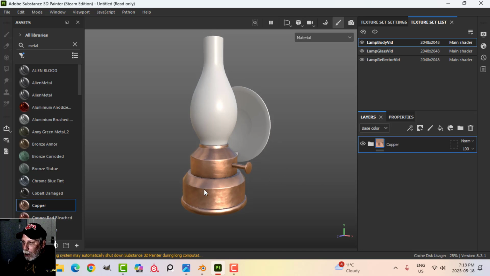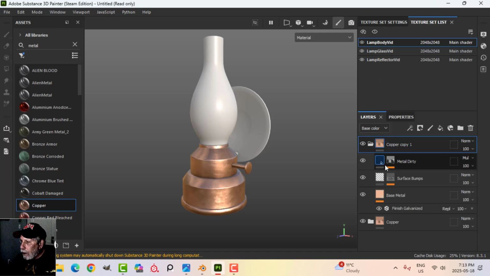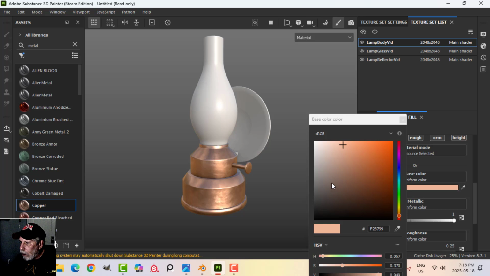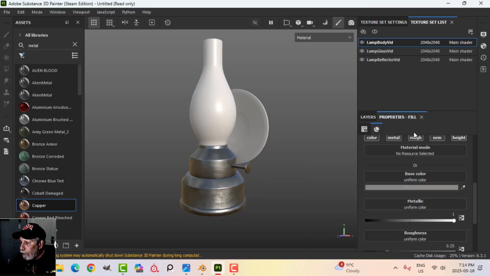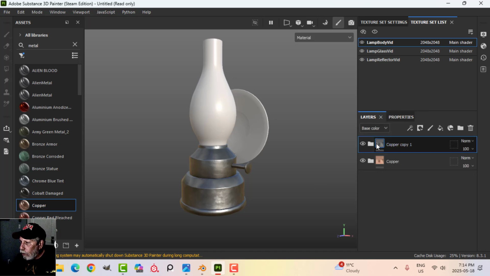But I only want the bottom to have this, and I want the top to be a silvery thing. That's how it looks to me, at least in the reference image. And so I'm going to just simply duplicate this layer, come in to the base metal of the copper, and I'm going to scroll down to the base color. I'm just going to drag it to about there and sort of look and say, yeah, that looks kind of all right. So I only want that on the top, and so I'll come back here to the folder level,